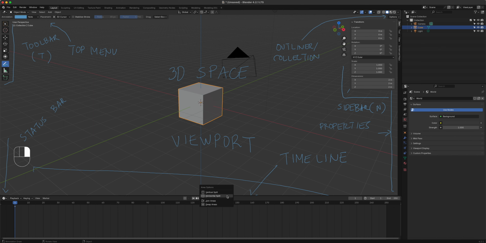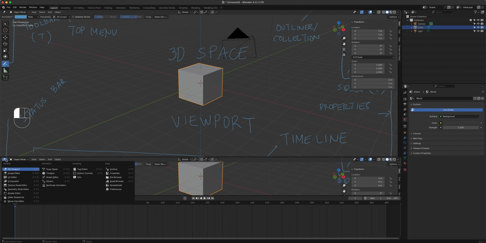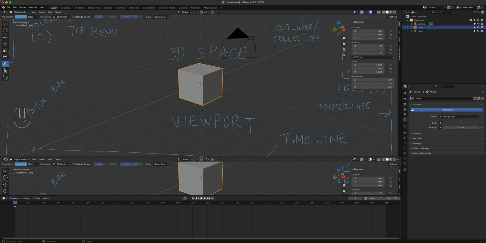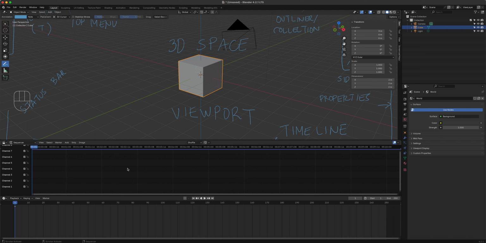So I can right click, horizontal split, and then I can change this to the video sequencer right here, which is our kind of video edit, and then I get a timeline in video, so I can drag audio here and match our sound, our action with animation. Okay, so that's in a nutshell what the